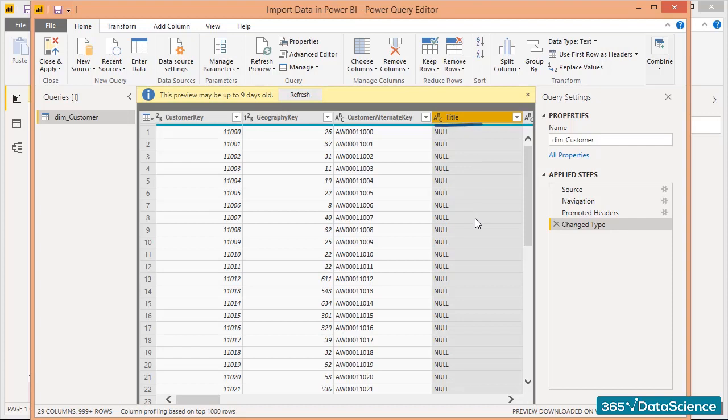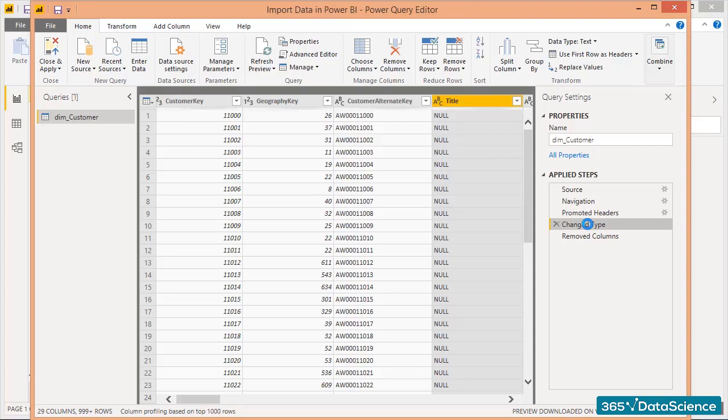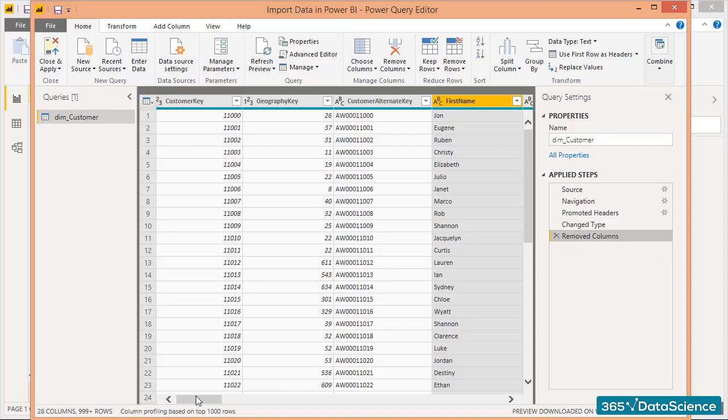It's generally good practice to remove columns that are not very relevant to us. In our case, this will be columns with lots of nulls. So instead of having this empty column sitting around here, we're going to go to Remove Columns, and this will remove the column from the table. Obviously, this will be added as an applied step. If we want to go a step back, we can go to Change Type, and the Title column would reappear, but we're moving forward, so we're going to go back to Removed Columns, and the Title column is no longer